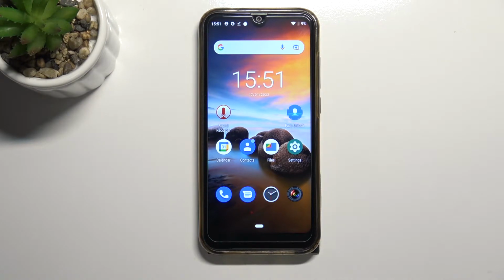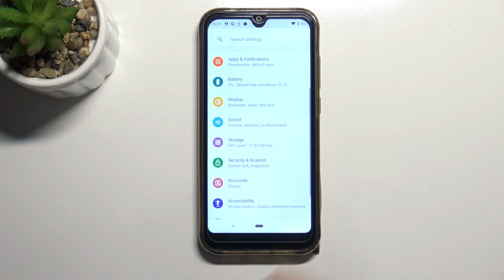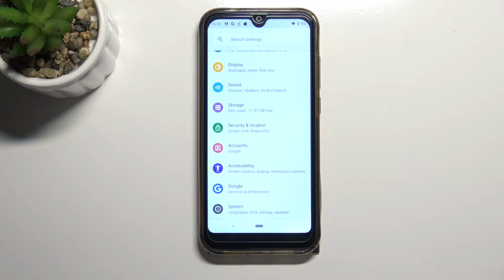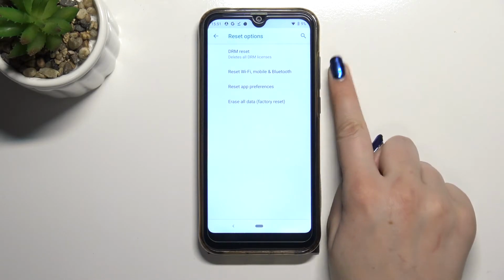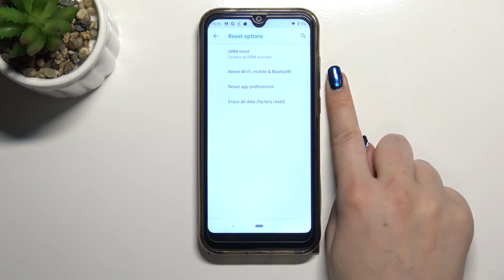preferences on this device. So first of all, let's enter the settings, and here we have to scroll down to the very bottom and find System. Now we have to unroll the advanced, and here we've got reset options, so let's tap. And as you can see, right on the second position we've got the option we're looking for, so let's tap